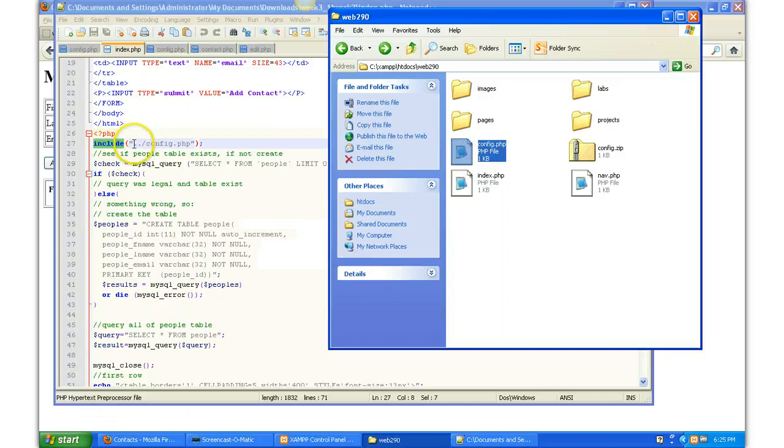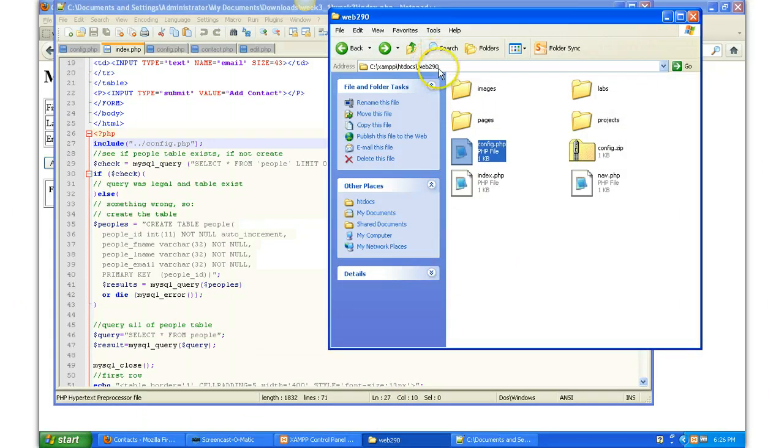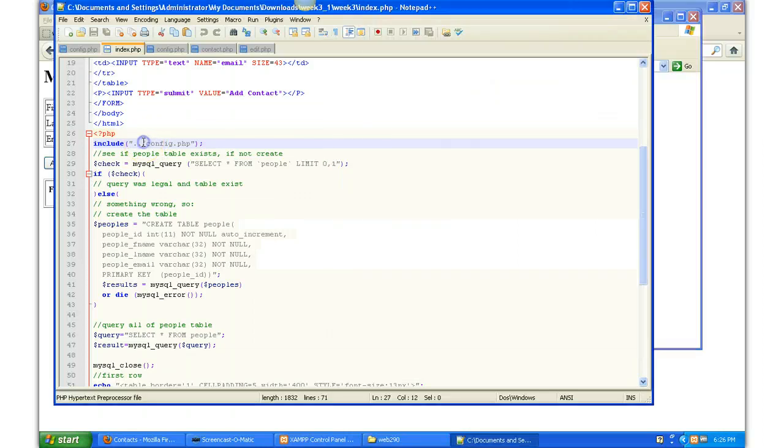So it's actually including this file with a simple relative path using HTML pathing: dot dot, meaning two directories back, then config.php, which is in the root of Web290, right here. So dot dot just brings me back two folders, to config.php. So it's loading that config.php. Then after it loads that config.php file,